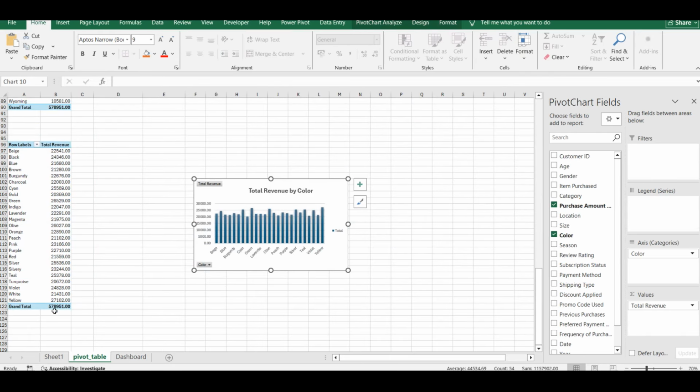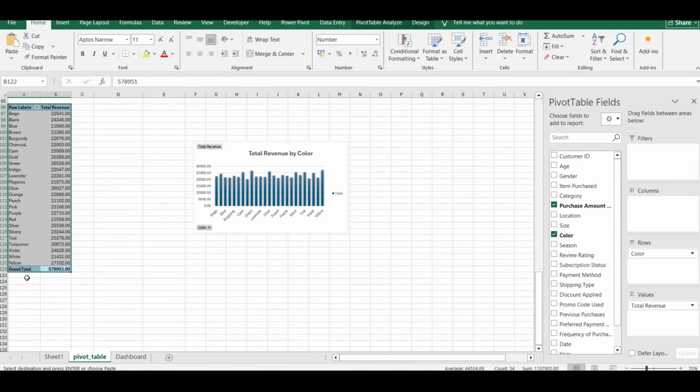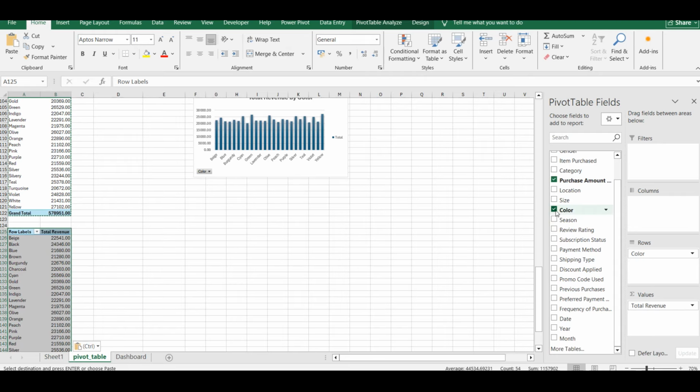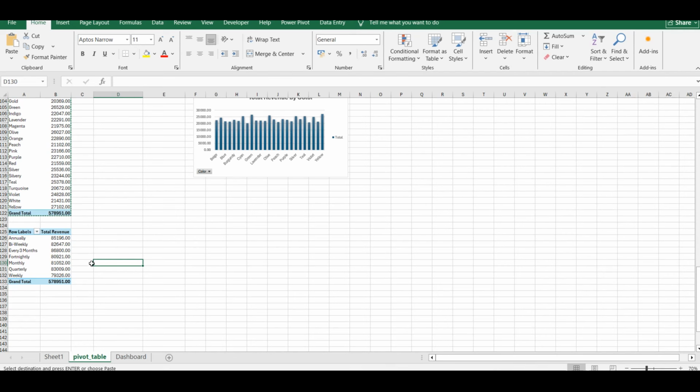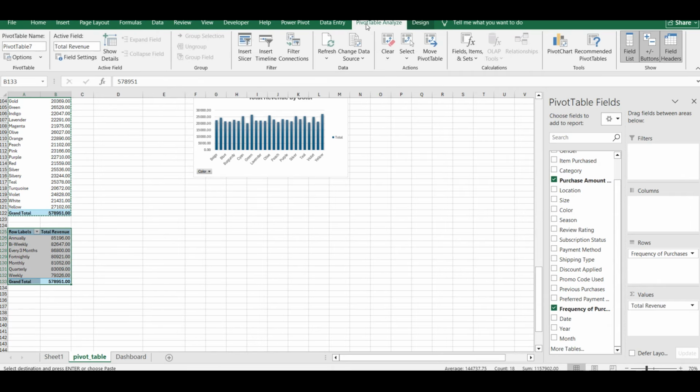Similarly, we will copy and paste one more time, and we have purchase amount and color. Now these people are buying products, and they have different frequency of purchase, like annually, bi-weekly, every 3 months, and depending upon frequency of purchase also we can go to